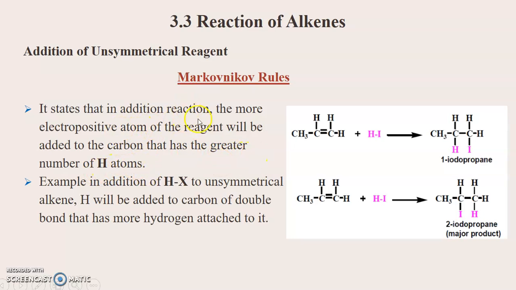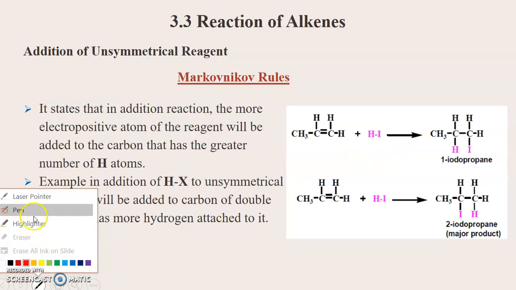Okay, more electropositive. If you still remember, the electronegativity value for each atom, hydrogen's value is slightly positive, meaning it is more electropositive compared to iodine. So the electropositive atom will go to the carbon that has the greater number of hydrogens. So this hydrogen will go to this carbon, the iodine will go to this carbon. But in this case, we can also have major and minor products. This is minor